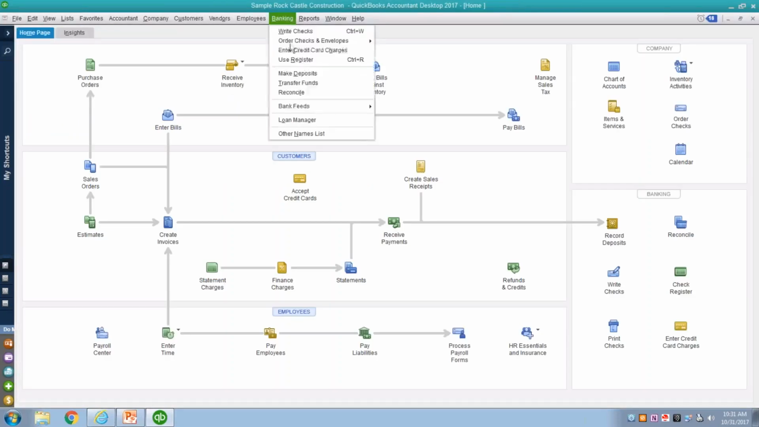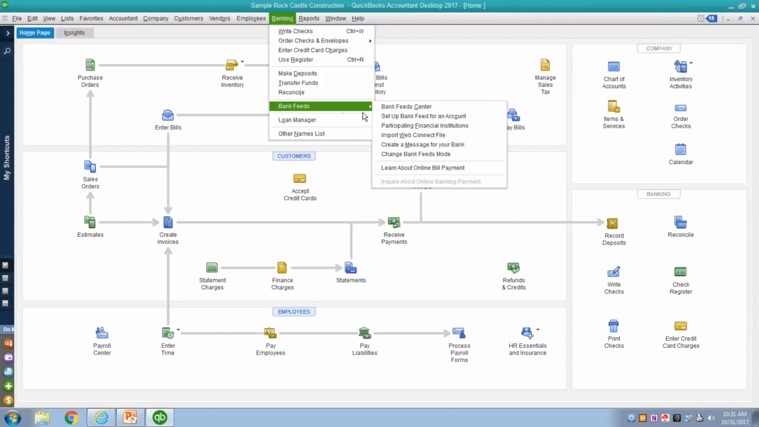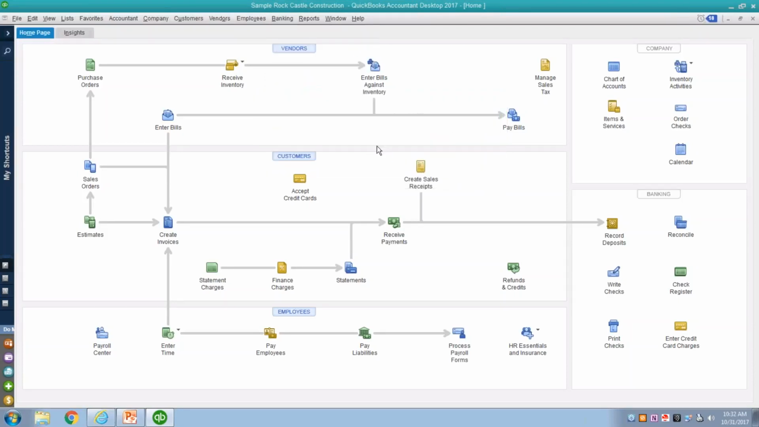Another thing under the banking menu are bank feeds. And QuickBooks will feed in information from your bank, depending on the financial institution, for your credit cards, for your checking account. If you have a lot of ACH transactions or a lot of credit card transactions, QuickBooks can feed that information right from those websites into QuickBooks. It's not going to let me set this up because I am working with the sample company file right now, but I can look at